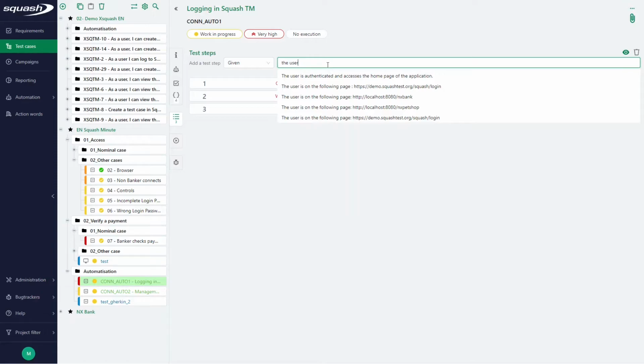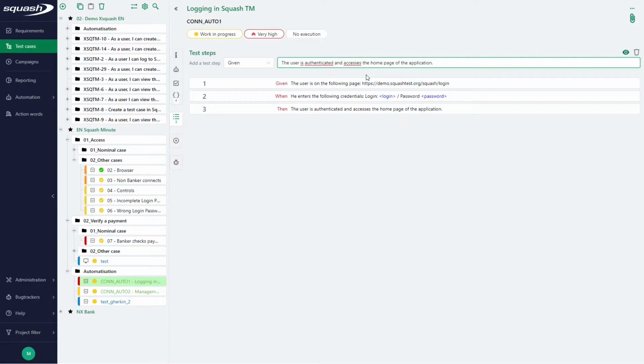Depending on the input, actions already present in other test cases are suggested to the user and can therefore be reused. The actions are managed in the Action workspace with the premium offer. To be complete, actions can also contain variables. If you want to automate a BDD test case, the script associated with the test case can be sent to a Git repository in the format expected by Cucumber or Robot Framework, depending on the automation technology of the project.